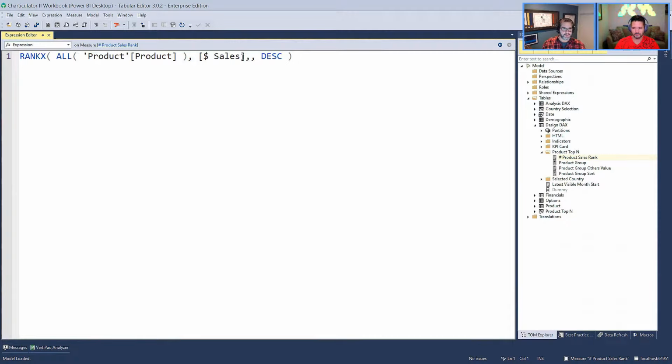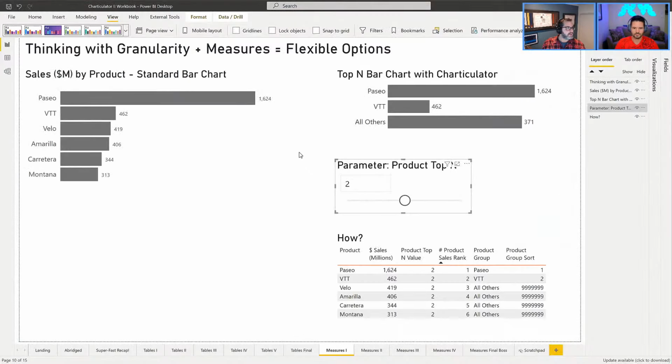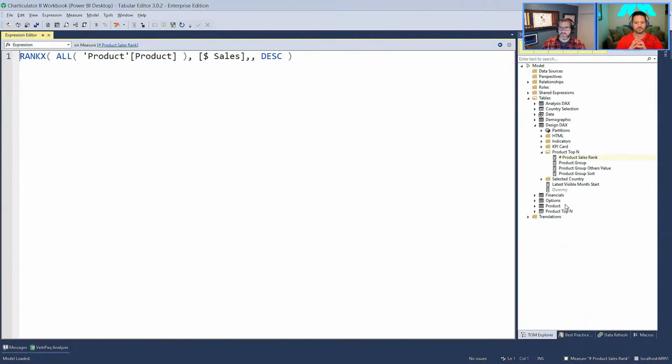product sales rank. Simple ranking measure. So based on sales, where does my product fit? 1, 2, 3, 4, 5, 6. Easy. Then I've created 2 extra measures, product group and product group sort. So if we look at product group,